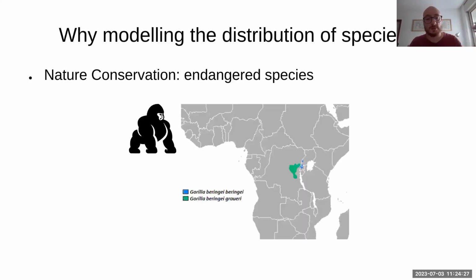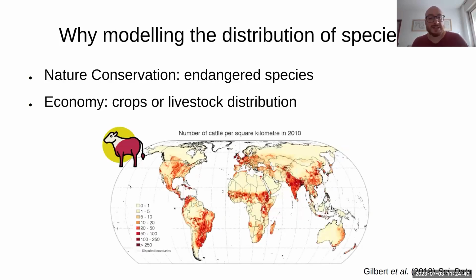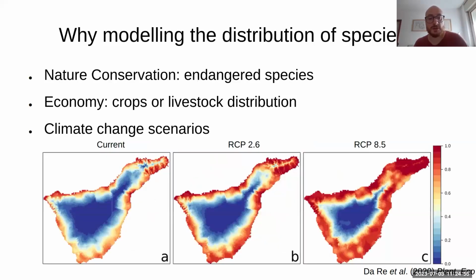We might want to map and understand the distribution of a species for conservation practices, such as mapping the distribution of the silverback gorilla in Africa. Or we want to understand the distribution of species with a high economic value, such as livestock or crops as well. Or we want to infer and draw some scenarios of climate change to understand how the distributional range of a given species might change under different